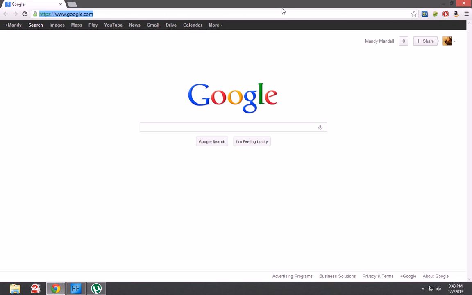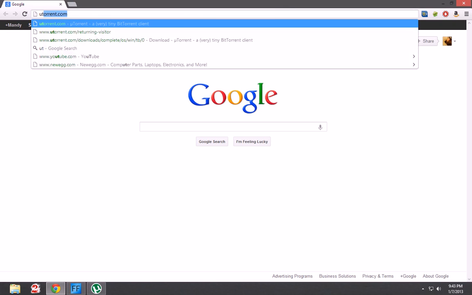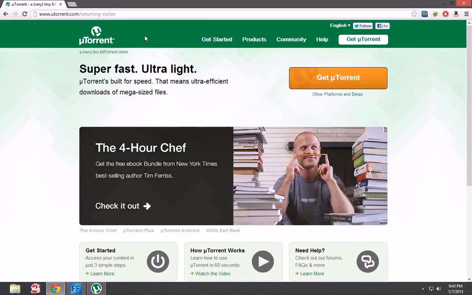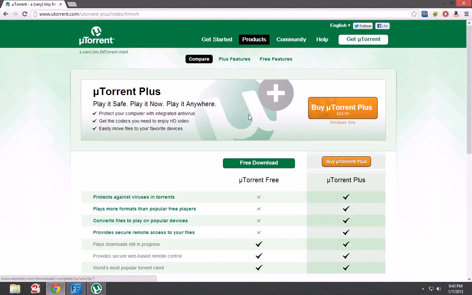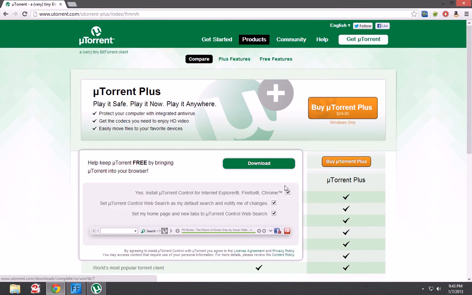Now, the first thing we need to do to start torrenting is get a torrent client. So the one I prefer is uTorrent. There's some other popular ones out there. This is the one I'm going to recommend. And what you're going to do is go to Get uTorrent, and we're going to go ahead and get the free version over here. And make sure to uncheck this thing where it's going to ask you to do bars